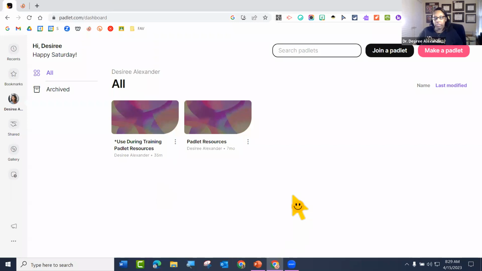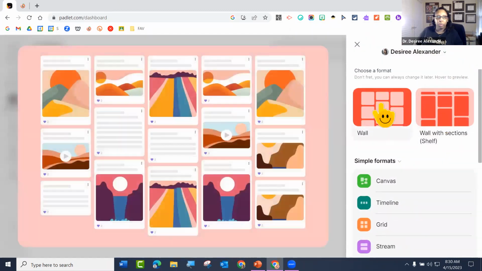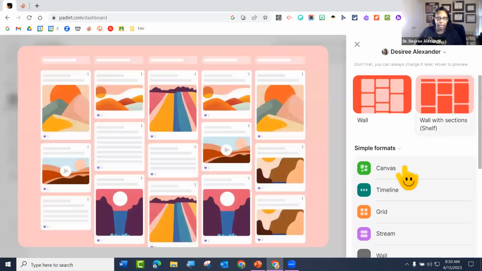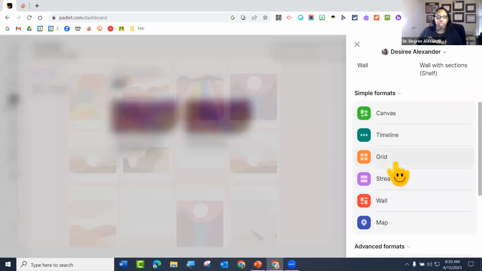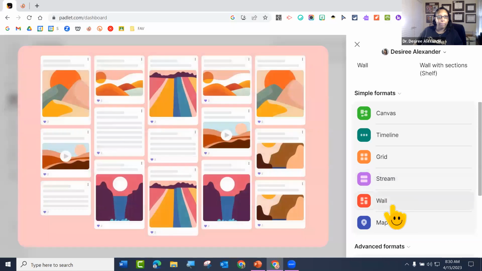So what we're going to do together is make a Padlet. Remember, you can delete it, so don't worry about it being part of your 3. Or if you need to archive one to make one, I suggest doing that just so you don't mess up the Padlet that you already have. Okay. So we're going to make a Padlet, and you can choose what format you would like.